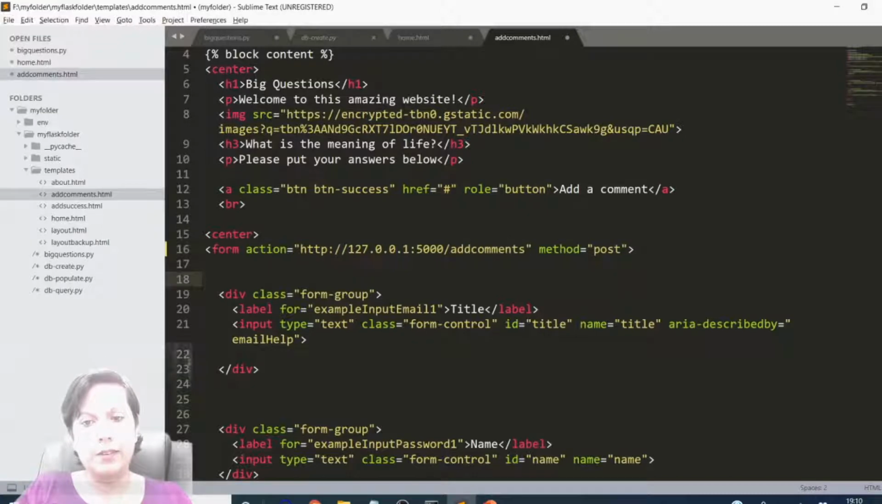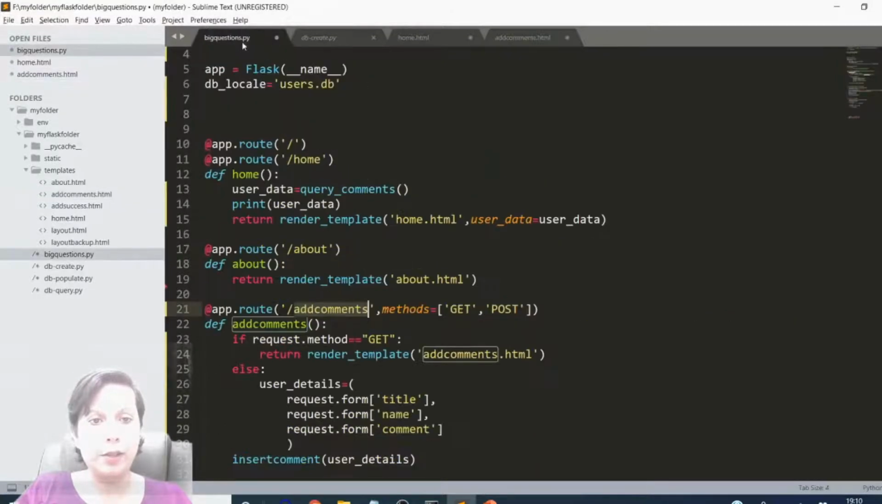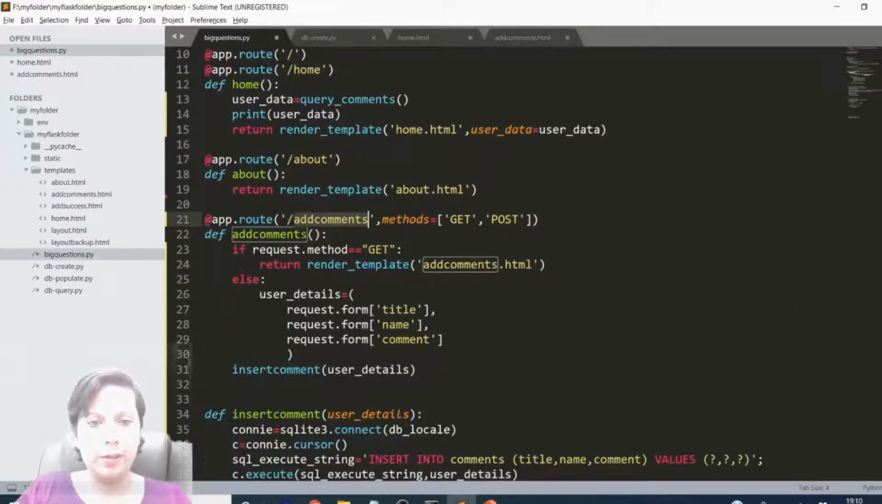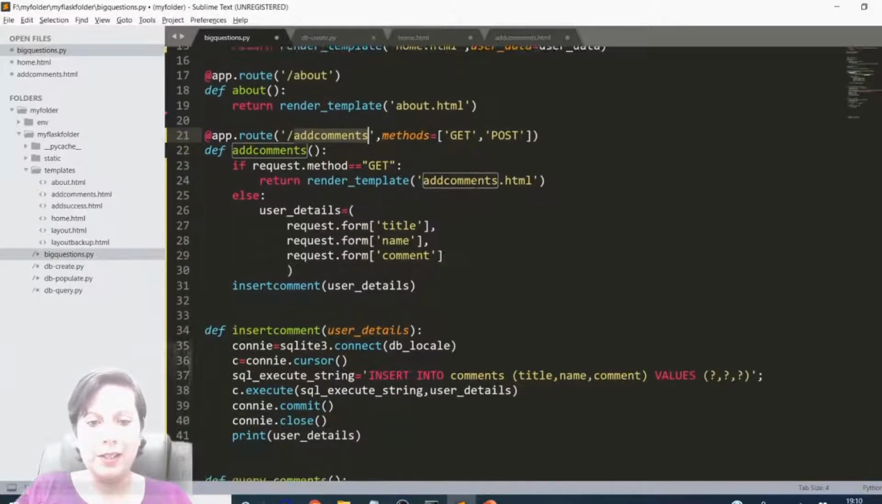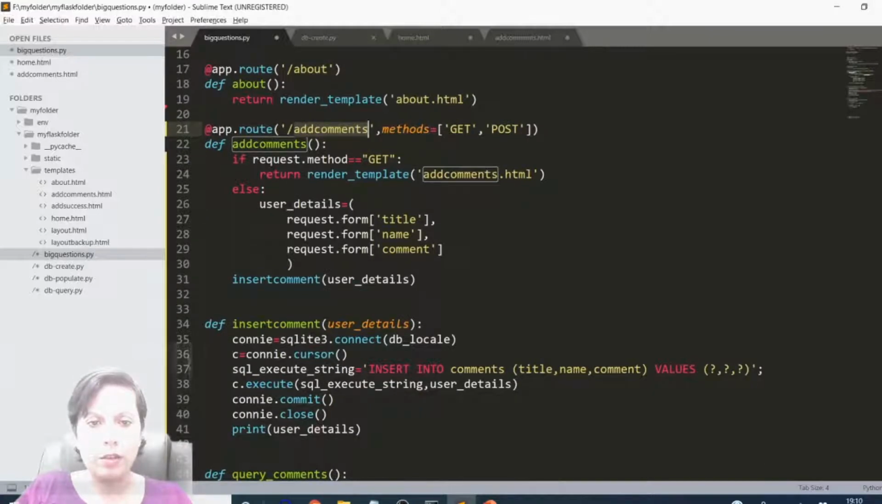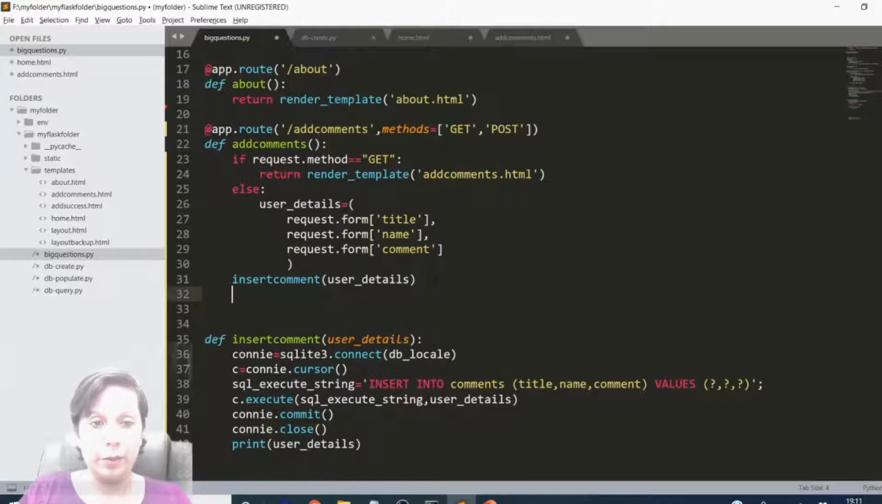And then of course we have the method, which is post. So in other words, we're saying that whenever someone enters something into this form, that becomes a post action. And if we go back to the big questions and look at our add comments, we're trying to say, if the request is get, just do nothing, just render this. But if it isn't, what do we want to happen? We want it to render